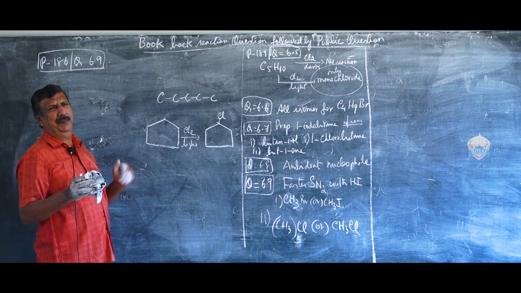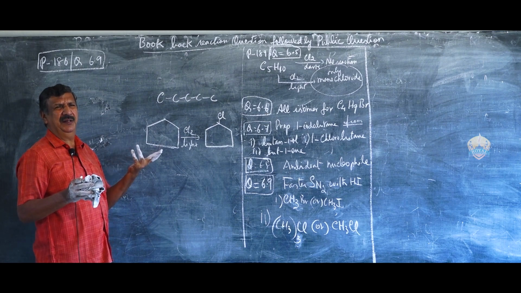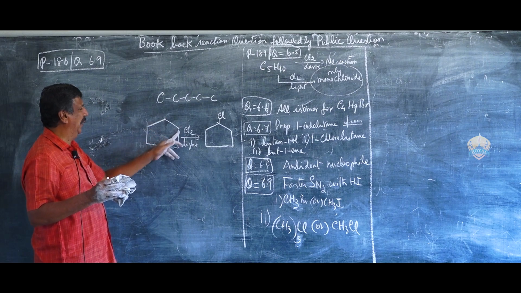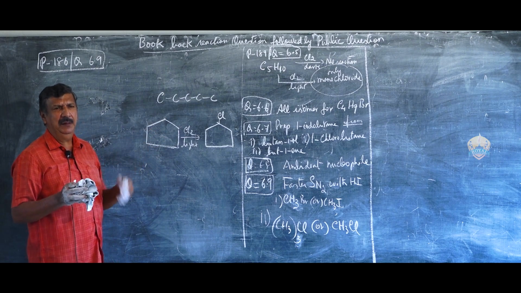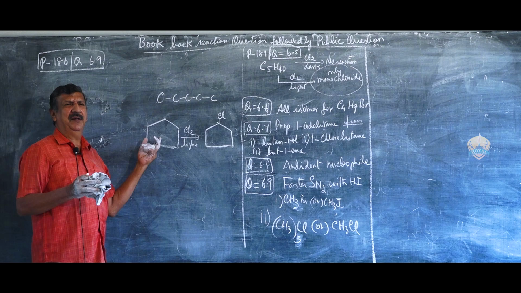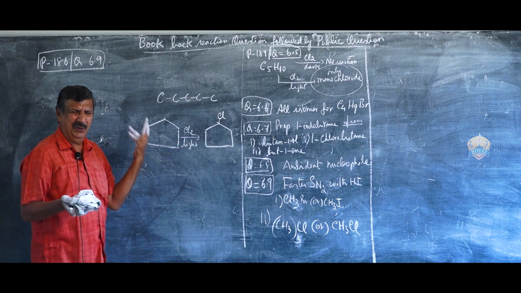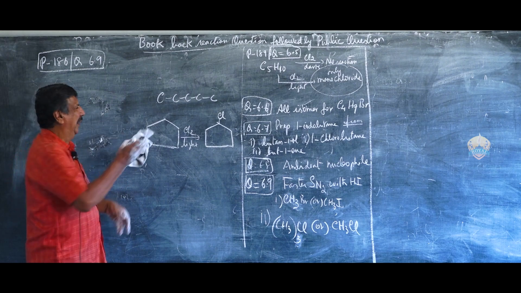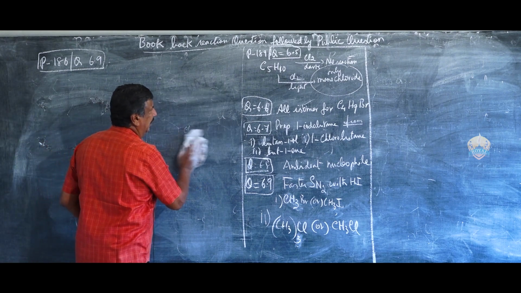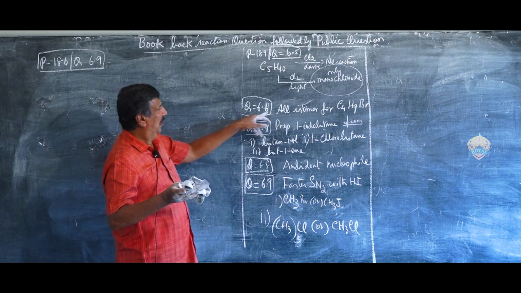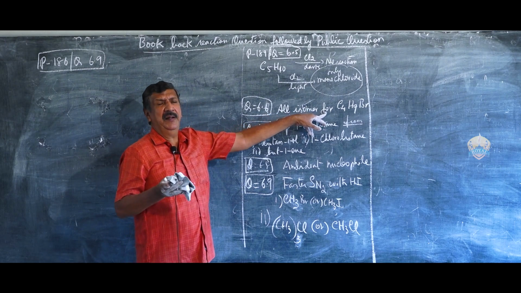You count the carbon. Don't have any tension. Count the carbon. 1, 2, 3, 4, 5. Pentane. But it is cyclic, so cyclopentane. Then what is the name of this compound? Chlorocyclopentane. Okay. Next question. Write all the possible isomer for